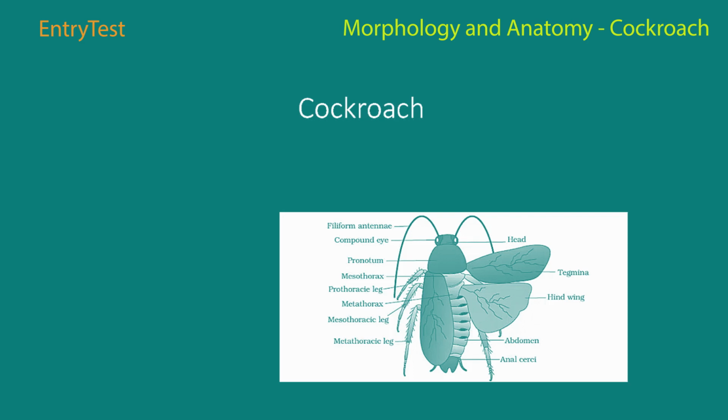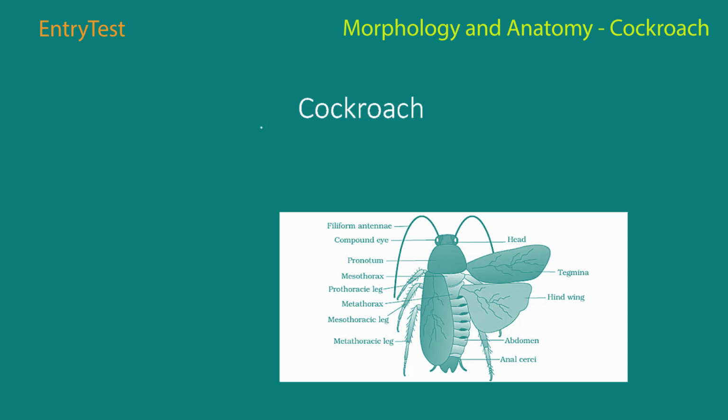So that area that we can see over here is the pronotum. But we'll go ahead and do the morphology of the cockroach. And you might be knowing that these are really serious pests and they are vectors of very serious diseases. So they harbor a lot of infections and diseases, and they're carriers of such infections also.